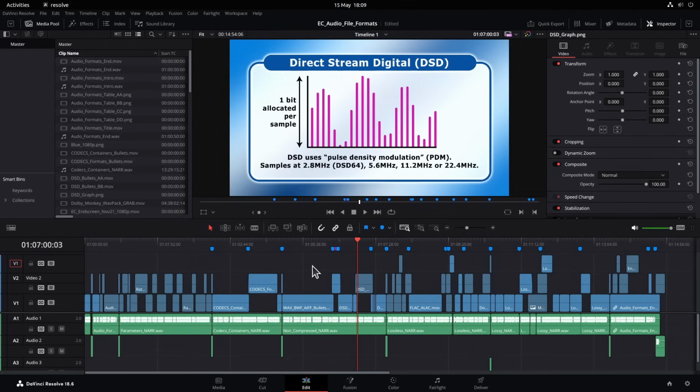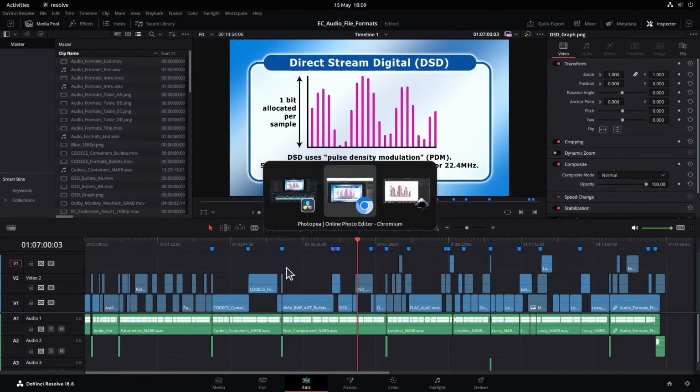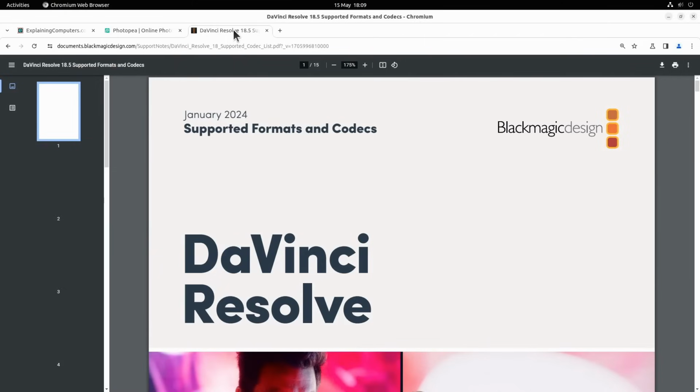I've had no crashes at all. Although it is worth noting that format support, and in particular format support here in Linux, is not as good as in most other video editors. And just to show you that, if we go across to the web again and go to this support document